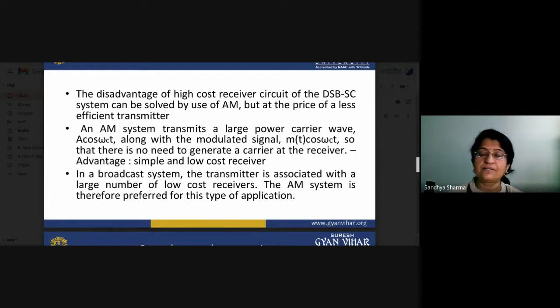will be very low in DSB plus C. But if we are talking about the DSB SC, due to generation of high carrier signals, it will be very high. And this high cost receiver section will not be used by the ordinary public. So that is our tendency: we have to reduce the cost of the receiver. And for this, we are using the DSB plus C, because by using that process, we can reduce the cost of the antenna.